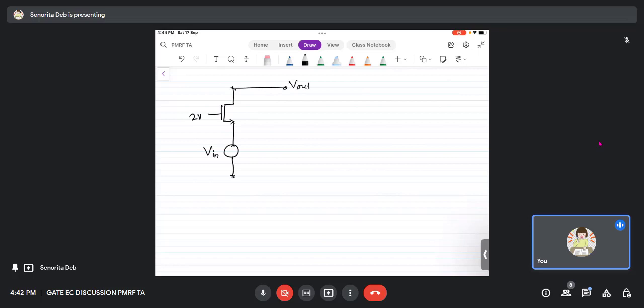So in the earlier question, the varying Vin was at G. Now the varying Vin is at this point, right? And it is just like the earlier question that we will see that V out is 0 volts at first. There is no current flowing, right? So what I can write this as